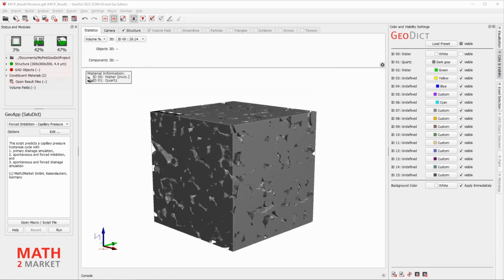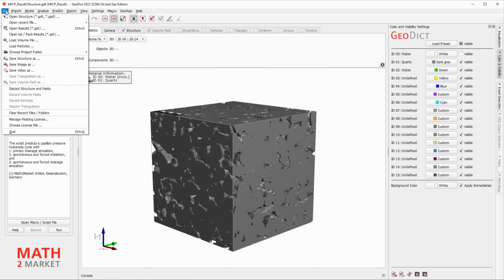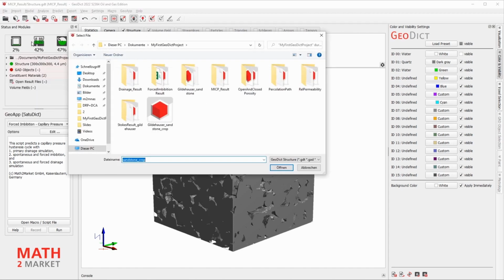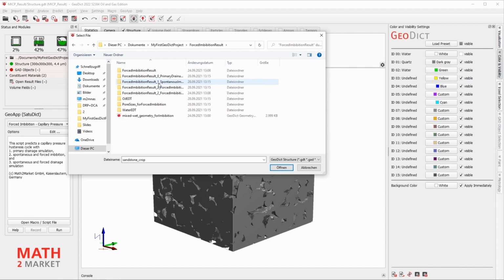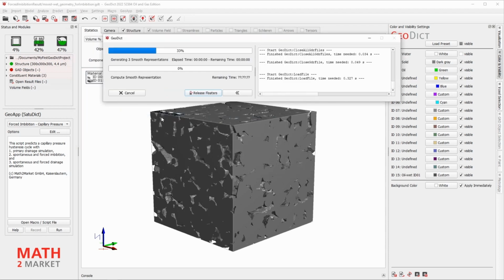Now we want to load the mixed wet structure, which was created by the Forced Imbibition GeoApp. To do so, select File, Open Structure, browse to your Forced Imbibition result folder, and load the mixed wet geometry for imbibition.